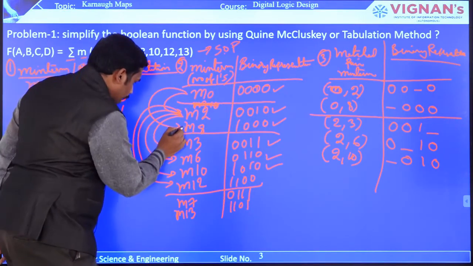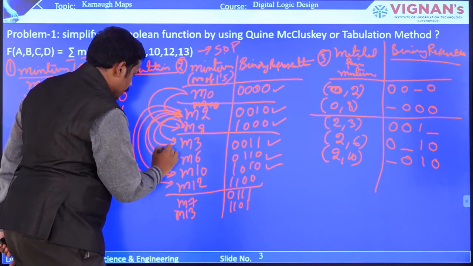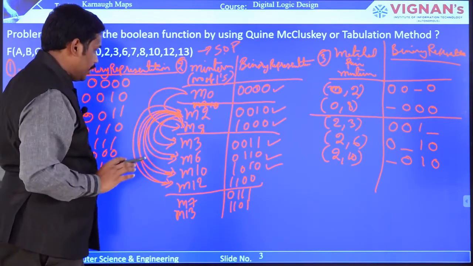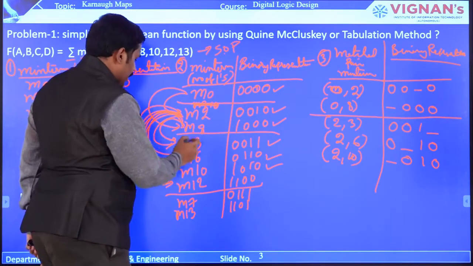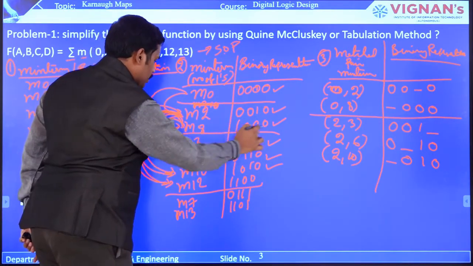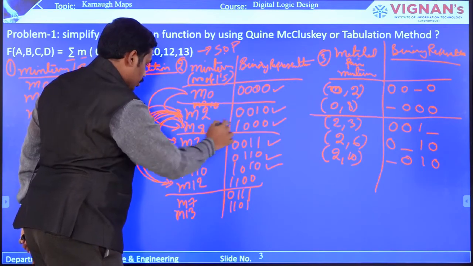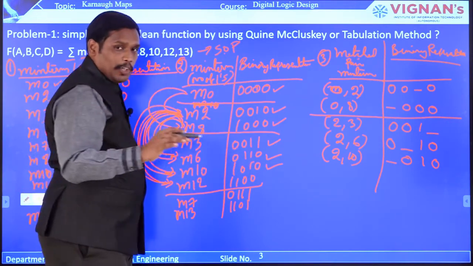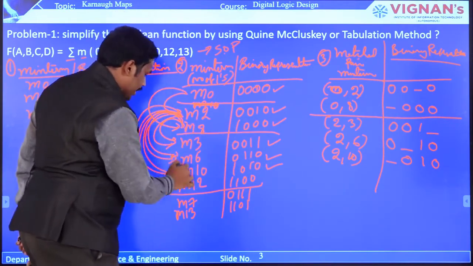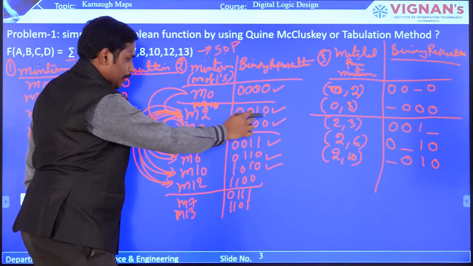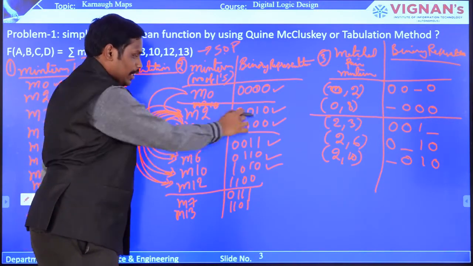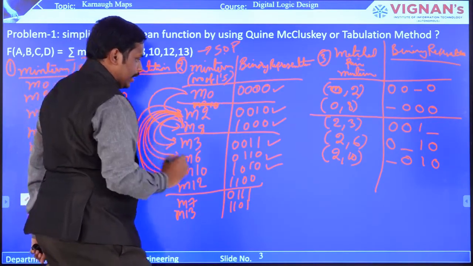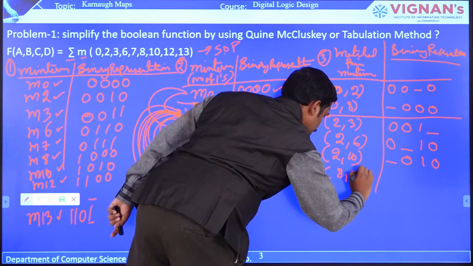And now M8 to M3 and M8 to M6 and M8 to M10 and M8 to M12 also must be checked. We will check whether a pair exists or not. So M8, M3, so no pair. M8 is 1 0 0 0, M3 is 0 0 1 0, so no chance. M8 is 1 0 0 0 and M6 is 0 1 1 0, so no possibility because 3 bits change. And now 8 and 10 you can compare. 8 is 1 0 0 0 and 10 is 1 0 1 0. So there is only the third position, a single bit position change. So we are going to compare this 8 and 10. So now the next matched pair that we got is 8 comma 10.